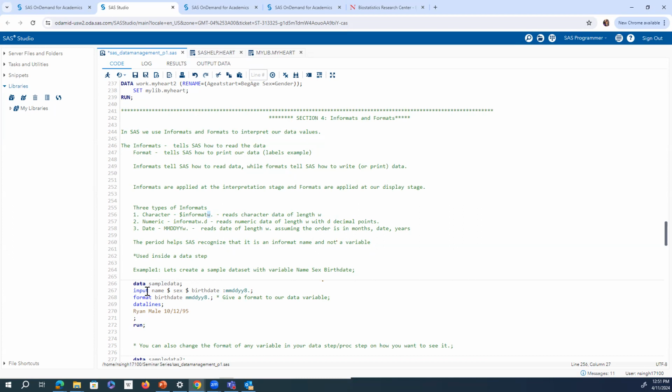So we use the input statement, which allows us to input the variables that we are including in our sample data. So here we have name, and then I have a $ sign because my name variable will be a character variable, and my sex variable will also be a character variable. If I had a numeric variable, I would not specify the $ after that variable. However, since the name and sex variables are character, I have to specify a $ so that once the data step is completed and we run this step, we can see that the name and the sex variables were considered